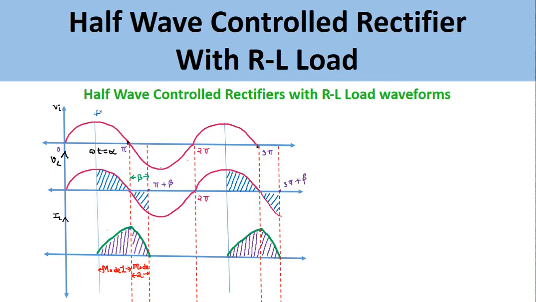This is the positive half cycle of the AC input voltage. This is the negative half cycle of the AC input voltage. This is again the positive half cycle of the AC input voltage. So during the positive half cycle of the AC input voltage, when omega t ranges from 0 to pi, the